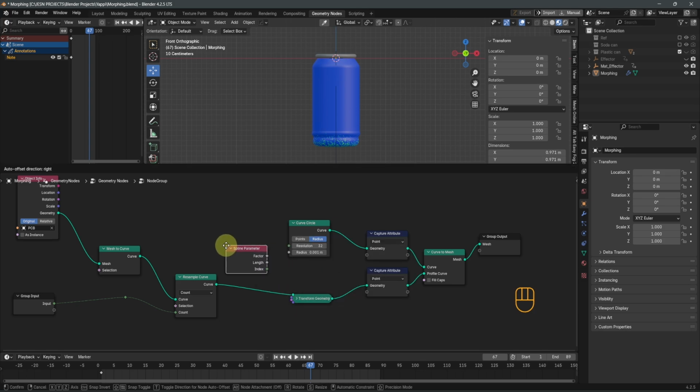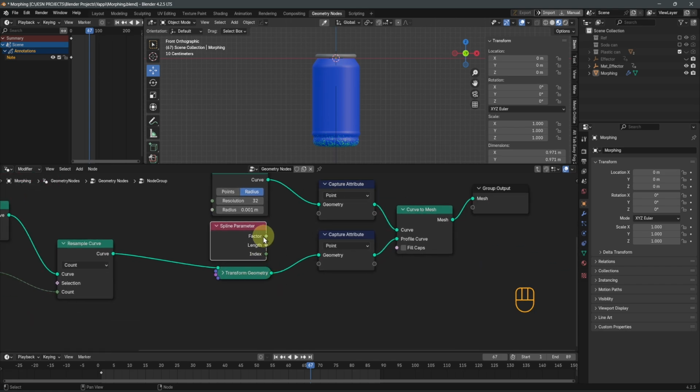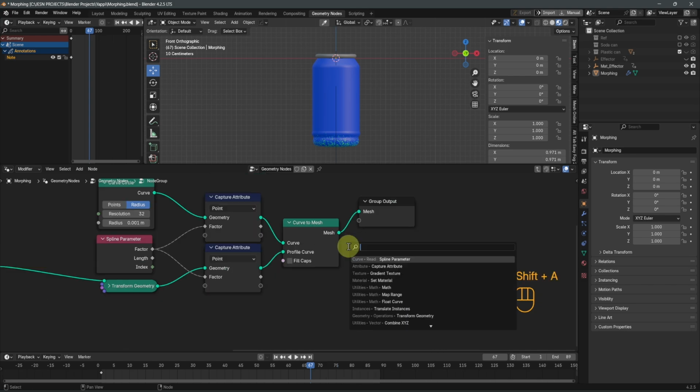Let's drag it somewhere. Let's put it here, and then we want the factor, and then here, and then add a combine X, Y, Z,